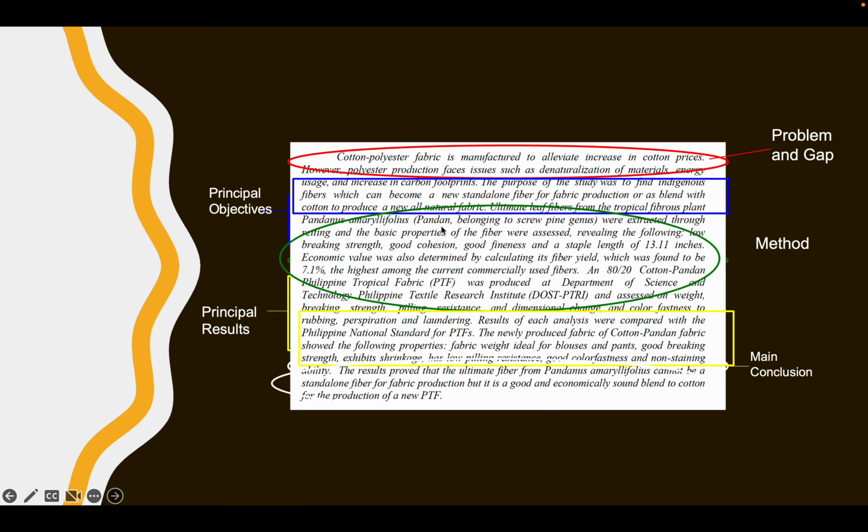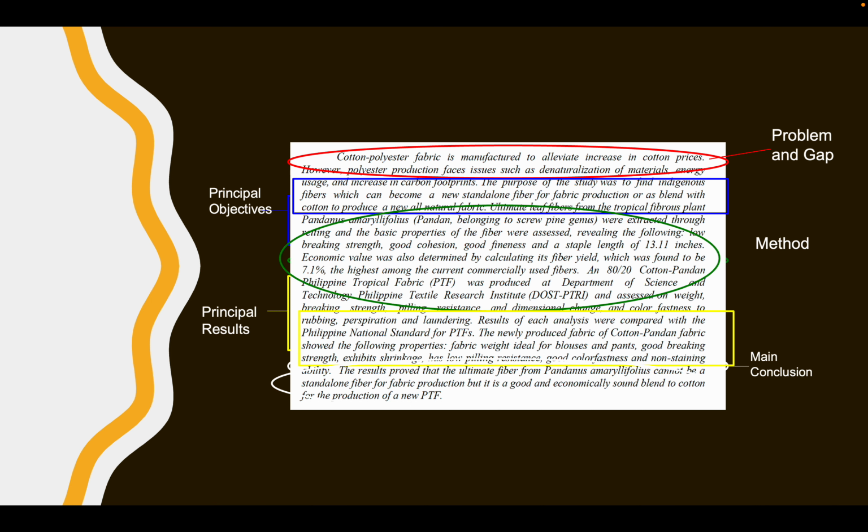amarillifolius or pandan belonging to Sciupine genus were extracted through reeling, and the basic properties of fibers were assessed, revealing the following: low breaking strength, good cohesion, good fineness, and a staple length of 13.11 inches. Economic value was also determined by calculating its fiber yield, which was found to be 7.1%, the highest among the